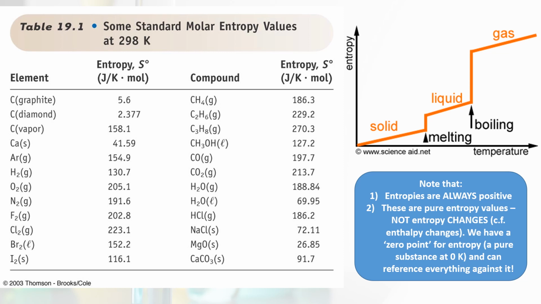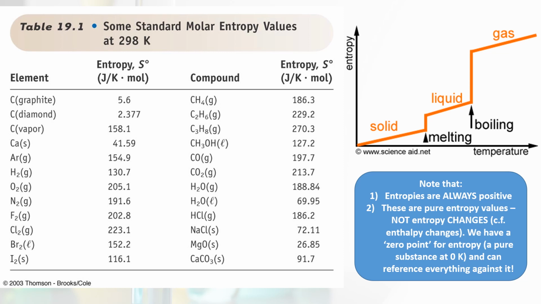Again, we can then heat the gas, and again, we'll increase kinetic energy, increase the entropy as the temperature goes up. But the really key takeaway message is that you can see that the change on boiling is much greater than the change on melting. And this is because the change from liquid to gas has a much greater entropy change than solid to liquid, because a gas is so much more disordered than a liquid is compared to a liquid versus a solid.